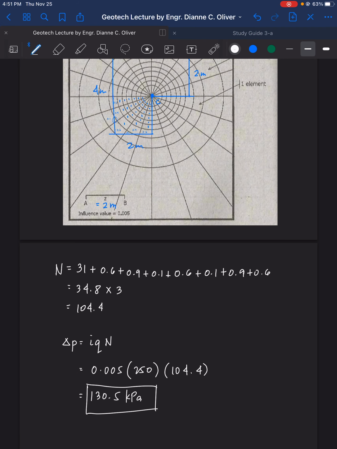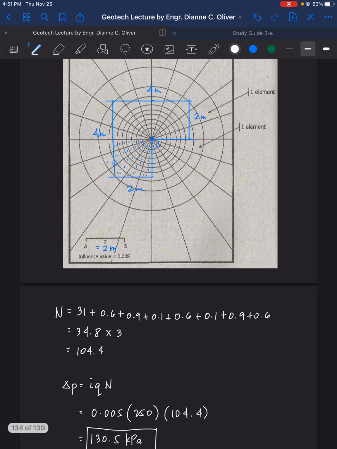So that's all for part 2 of the video, and it's best if you practice solving them and find similar problems where you can apply them. The Newmark's influence chart is used if the shape is irregular. You can use the Newmark's influence chart. Okay, so that's all for